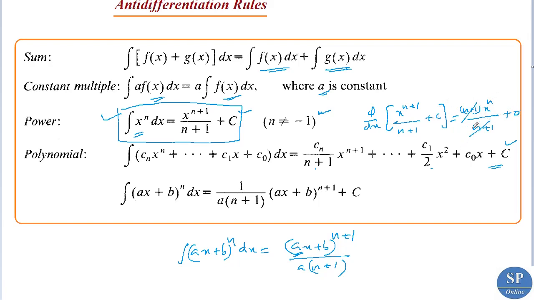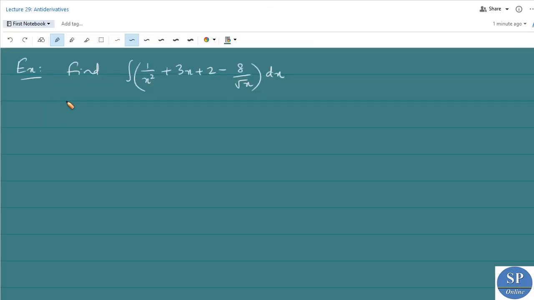So we can divide this. So we have, this is x^n. So we have d by dx of this is equal to x^n, therefore integral of x^n is equal to this function. Okay, so in such a way we can prove all these rules. Now we can discuss an example.